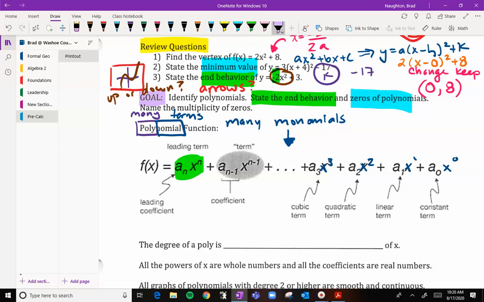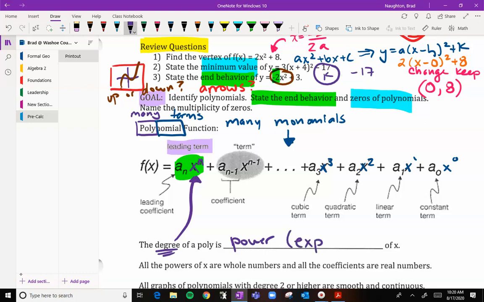This is called the leading term. The leading term because it tells the graph what it's going to do. It's going to take control. It is the leader. Okay? So that x to the n is the leading term. Sometimes we call that a degree. Okay, so a degree is going to be the highest power